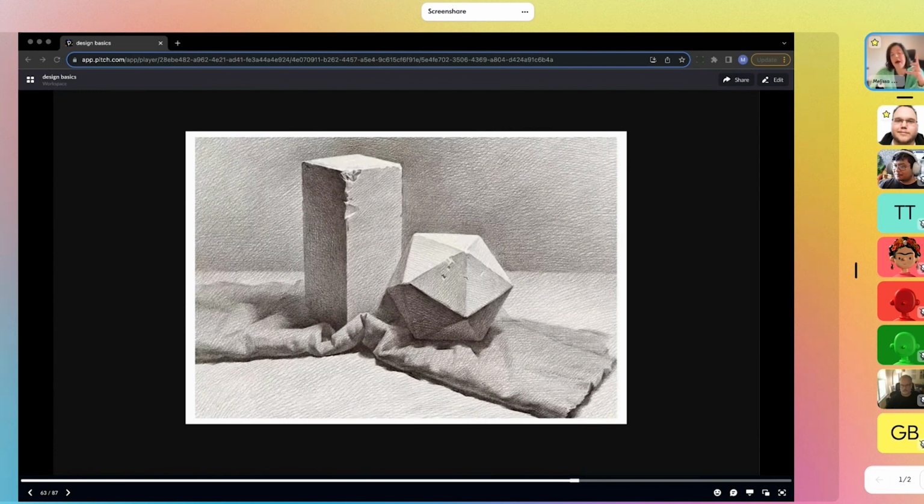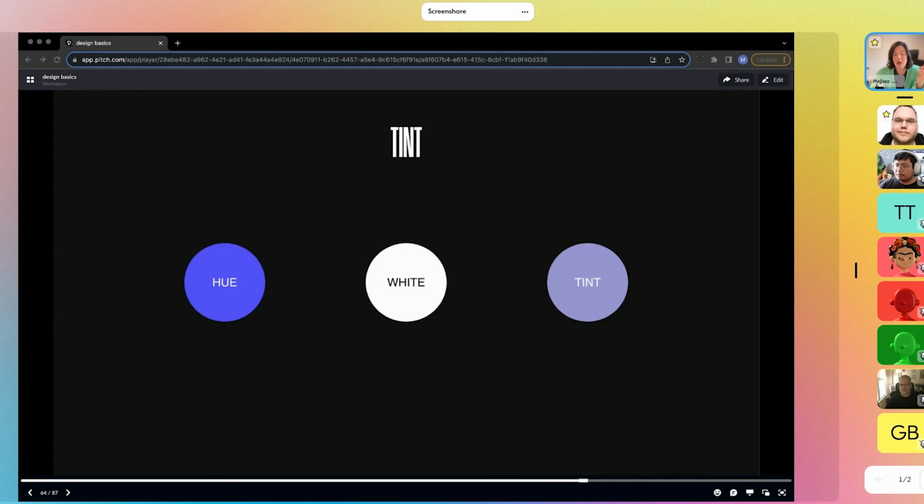So what you need to think about is, okay, I want my heading to pop more than the body copy. So maybe I'll add a little bit of shade to the heading just to make it a little bit darker without having to change the weight of the typography. So then we go into tint. So the difference with tint is that it softens the color because we're adding white to it. Instead of the shade where we added black, in this one we're adding white. And what that does is that it lightens the color, and it just makes the appearance of whatever you're coloring just a little light and